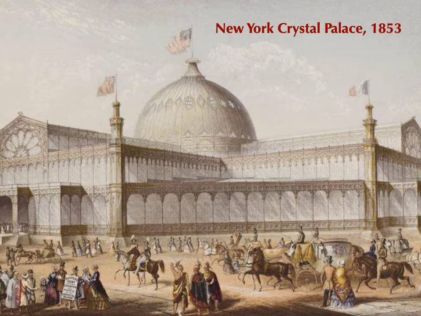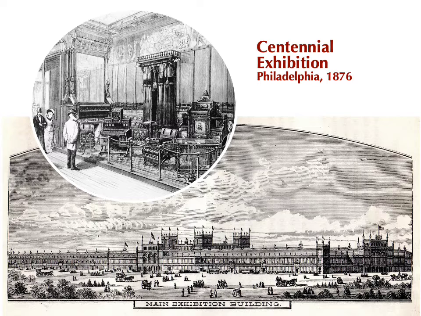The mode was replicated in the Crystal Palace in New York in 1853. And then with a similar modus operandi, the Centennial Exhibition in Philadelphia in 1876. This exhibition was intended to celebrate the centennial of the United States and transform displays of machinery and industrial process, as well as finished products and objets d'art, into material signifiers of progress, but of progress as a collective national achievement, with capital as the great coordinator.